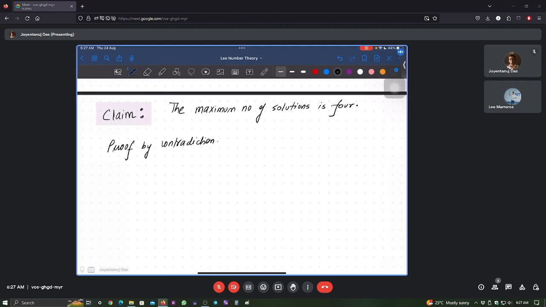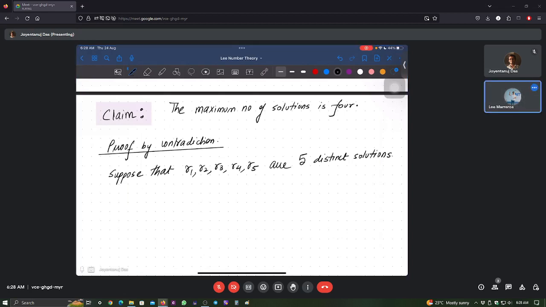So we'll assume that there are more than 4 solutions and try to arrive at a contradiction. So suppose that R1, R2 up to R5 are 5 distinct solutions. Right. So distinct solutions means incongruent, they are distinct, right? Yeah, incongruent. So distinct solutions to this equation,